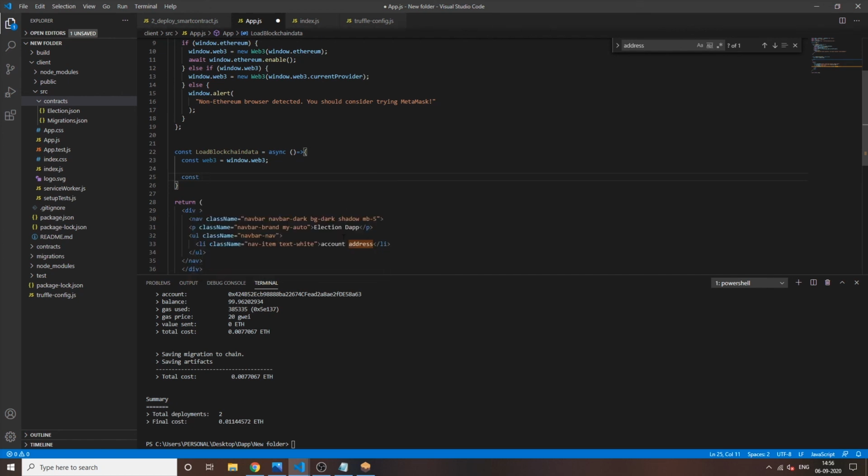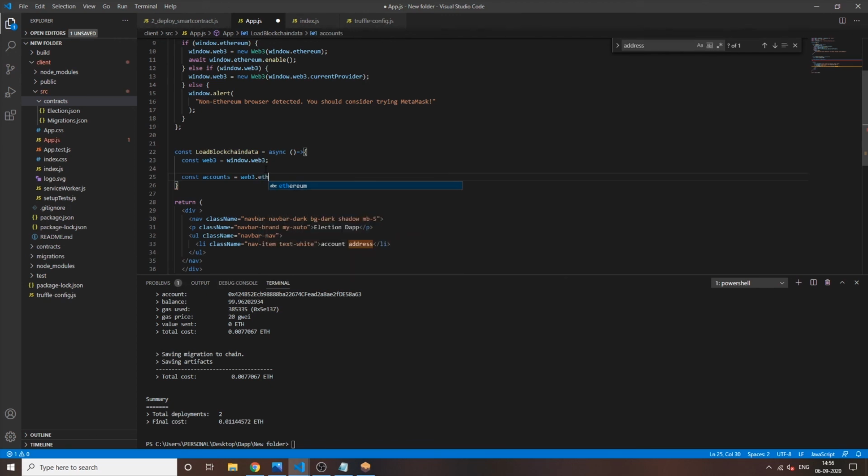As I told you, we will place the address of the particular account that will be connected from the dApp. So we will get all the accounts from the MetaMask wallet. How can we get the accounts?